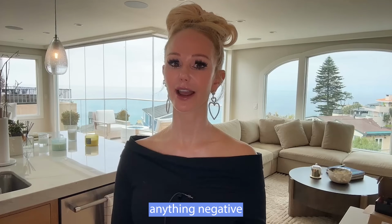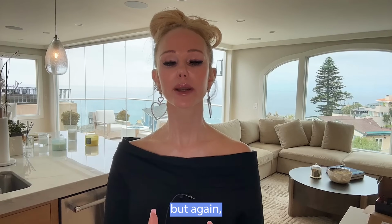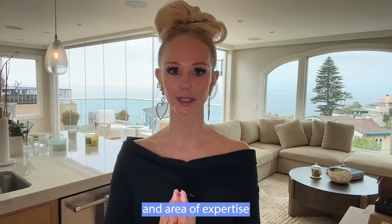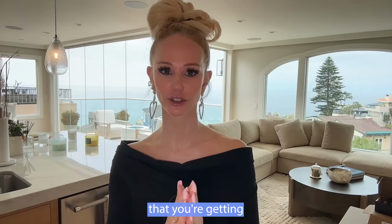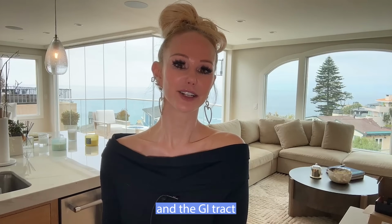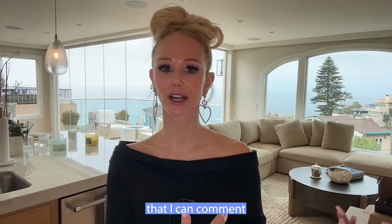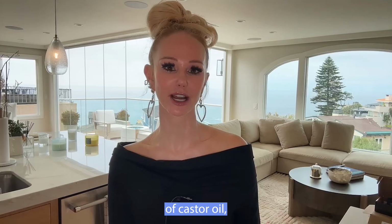I'm not here to say anything negative about castor oil. I think it has immense skin benefits and can do a lot of good for multiple organ systems in the body. The GI tract, I know it's a known laxative for post-menopausal bloating, but again, refer to the subspecialist and area of expertise of the physicians that you're getting this information from, because as a dermatologist, I'm not in a position to talk about the gastrointestinal or laxative effects of castor oil, as I'm not an OBGYN or a women's health physician that I can comment on the postmenopausal bloating effects of castor oil,